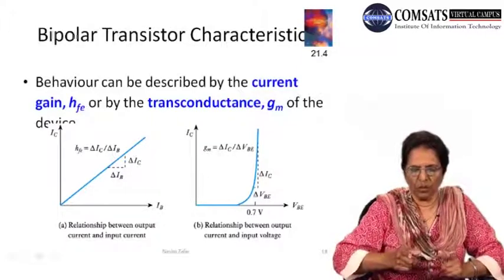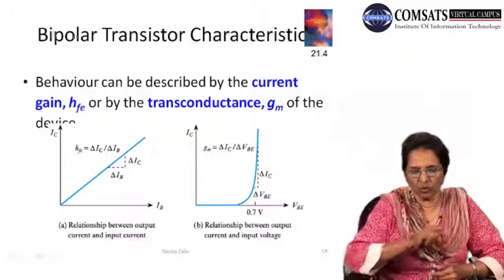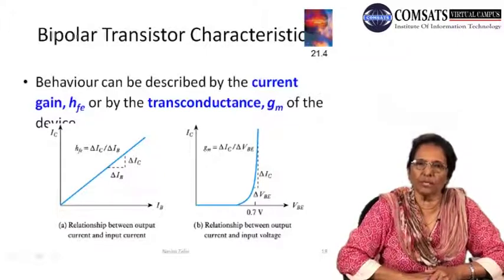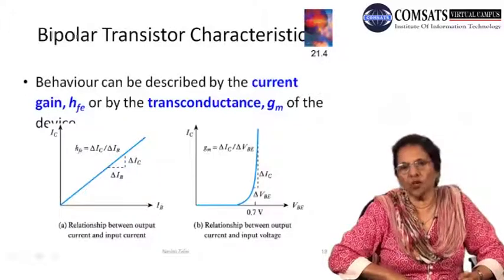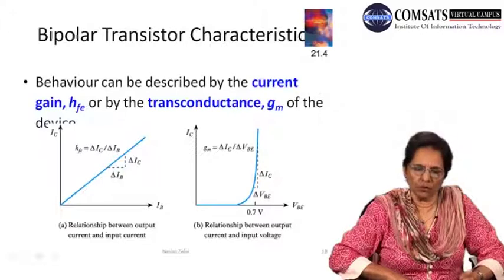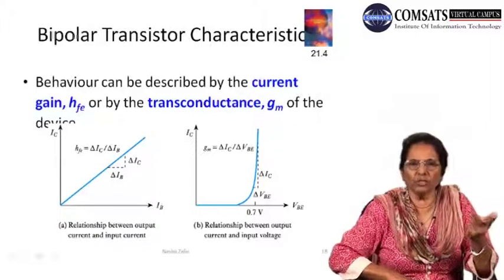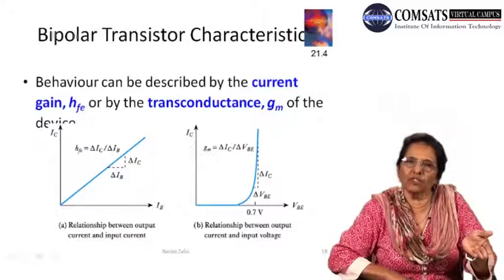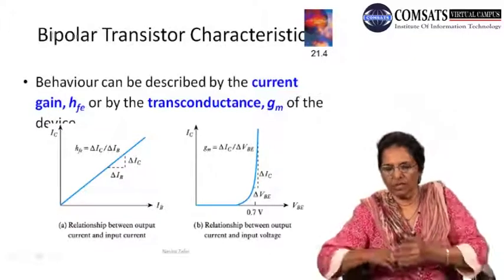तो वही रिलेशनशिप मैंने आपको दिखाया है कि IB इनपुट करंट वर्सेस IC द आउटपुट करंट। अगर आप प्लॉट करें, ये कैरेक्टरिस्टिक ज़्यादा मीनिंगफुल है कॉमन एमिटर कॉन्फ़िगरेशन के लिए, IB वर्सेस IC प्लॉट। तो दिस वुड बी अ स्ट्रेट लाइन एंड वी कैन डिफाइन फॉरवर्ड हाइब्रिड कॉमन एमिटर पैरामीटर, जिसको एब्रीविएशन में मैंने लिखा हुआ है H द हाइब्रिड पैरामीटर, F फॉरवर्ड, E फॉर अ कॉमन एमिटर कॉन्फ़िगरेशन। तो कॉमन एमिटर कॉन्फ़िगरेशन में IB और IC दो करंट कंपोनेंट्स हैं आपके पास। तो IB और IC लीनियरली इंक्रीज करेंगे और इनकी जो स्लोप है दैट विल गिव यू द गेन फैक्टर HFE, और इस गेन फैक्टर को आगे चल के मैं दोबारा डिफाइन करूंगी, जिसको हम कहते हैं द बीटा गेन फैक्टर, द DC बीटा गेन फैक्टर फॉर द कॉमन एमिटर कॉन्फ़िगरेशन।